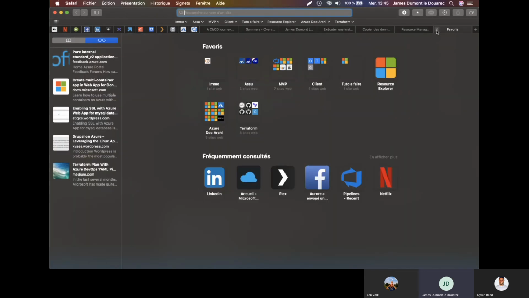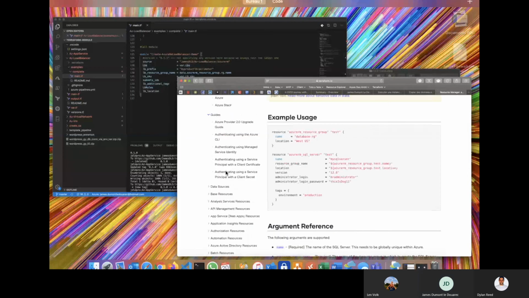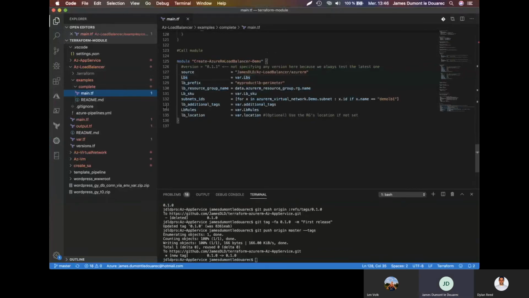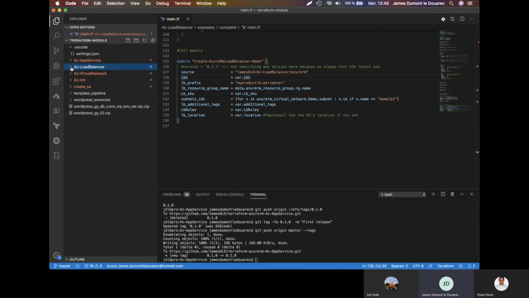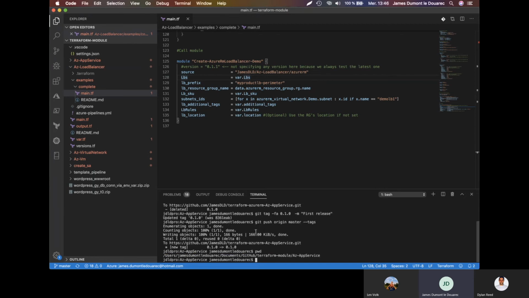Yes. Let's have a look with Visual Studio Code. Okay. So here, for example, if I have this repository Azure Load Balancer, I have to fill this path, load balancer, examples, complete. And this is the main file. So if I want to proceed with the Terraform apply, I need to go there.